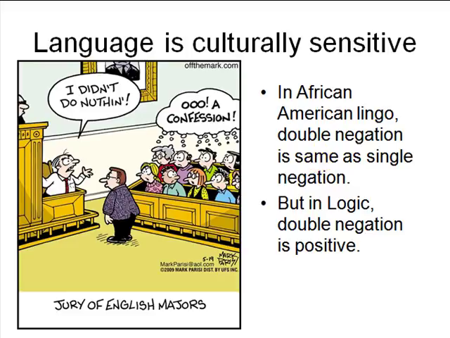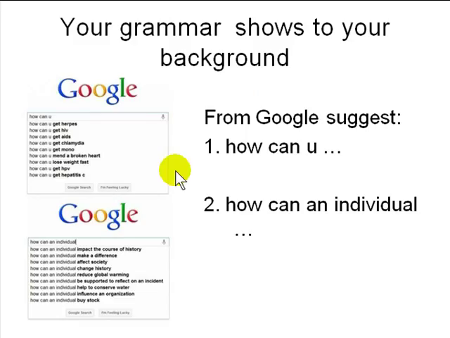And let's look at the next aspect of language. Your grammar shows your background. From Google suggests, if you type "how can you", it says how can you get herpes, how can you get HIV, how can you get AIDS, how can you get some VD disease, how can you get a broken heart, how can you mend a broken heart. And then if you use good words like how can an individual impact the course of history, how can an individual make a difference. These are different sentences typed into Google,